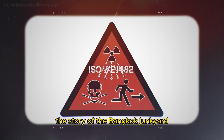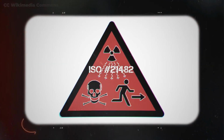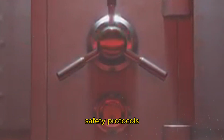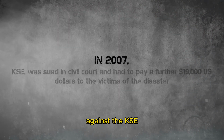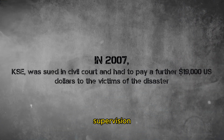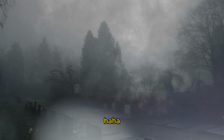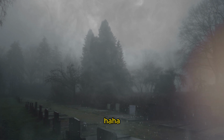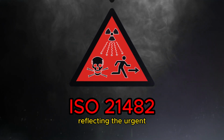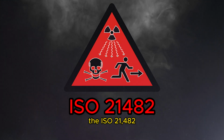The story of the Bangkok junkyard became a milestone in raising awareness about the risks related to radioactive materials and the ongoing need for preventive measures and stricter safety protocols. The legal process against the KSE Electricity Company highlights industrial negligence and the lack of regulatory supervision. The compensations received by the victims were modest compared to the devastating impacts on their lives. This incident led to the introduction of a specific danger symbol for similar situations, reflecting the urgent need for awareness and prevention. The ISO 21482